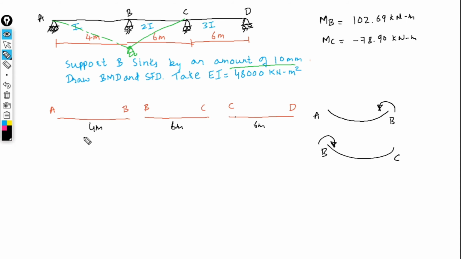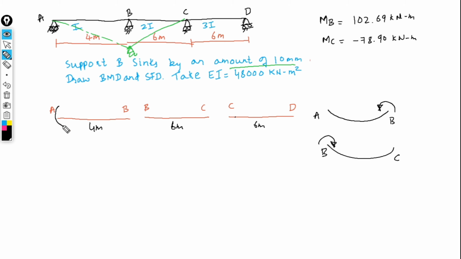After drawing bending moment diagram, we are required to go for shear force diagram. So before drawing shear force diagram, you have to find the support reactions. To find the support reactions, we have to do such kind of arrangement. This is nothing but the free body diagram of different span of continuous beam. So in the free body diagram, there is no direct loading. We are not showing any direct loading. The only thing we need to show here is the end moments. Already end moments are calculated. We have to show the end moments in the free body diagram.